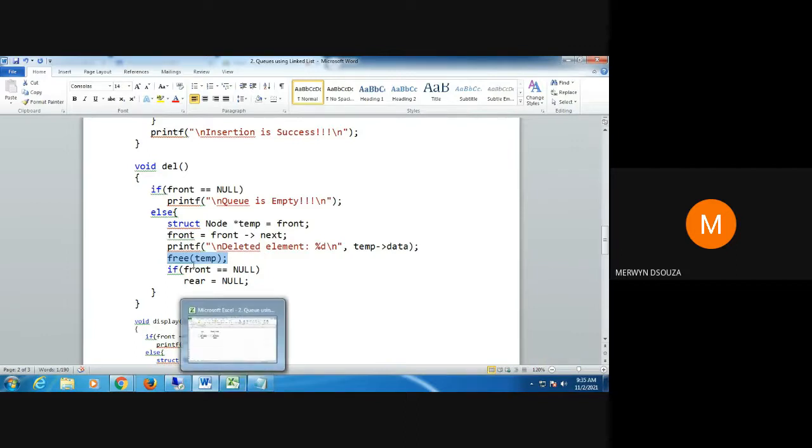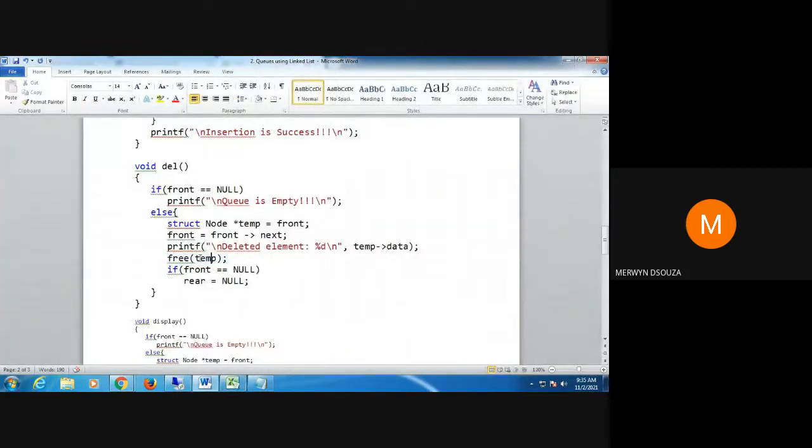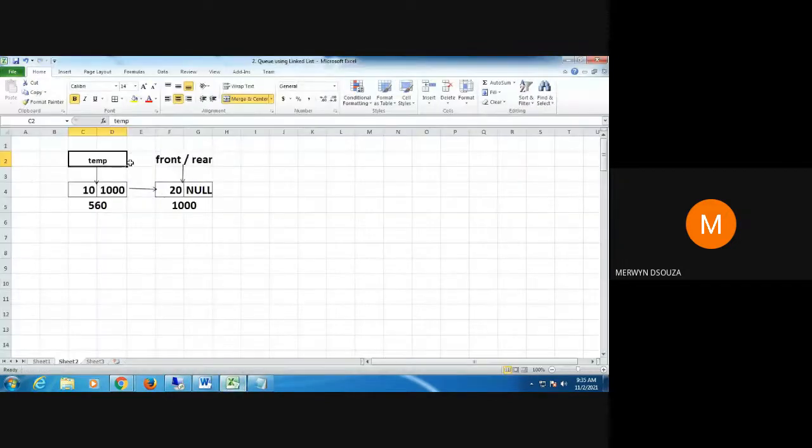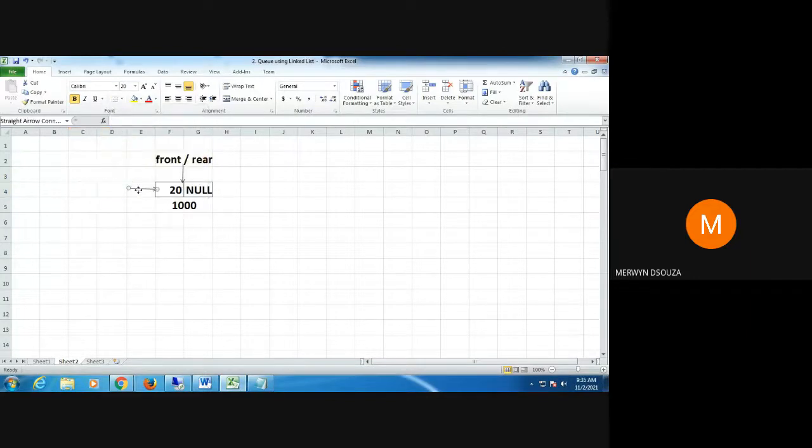When I execute this free, the memory that is pointed to by temp will be deallocated. So this node will get deleted. That is what happens.